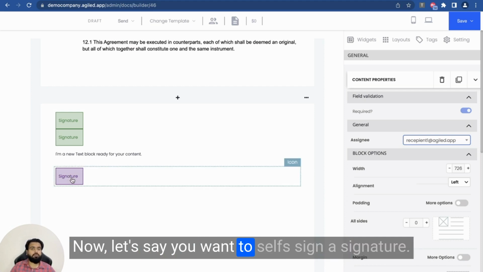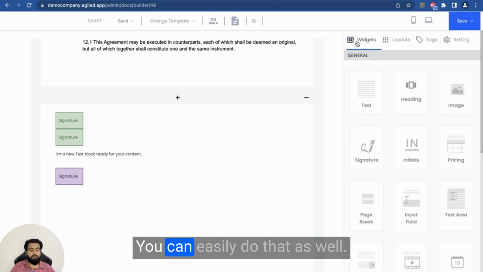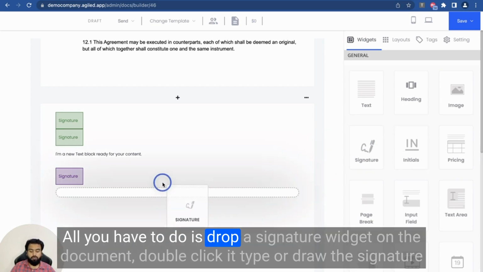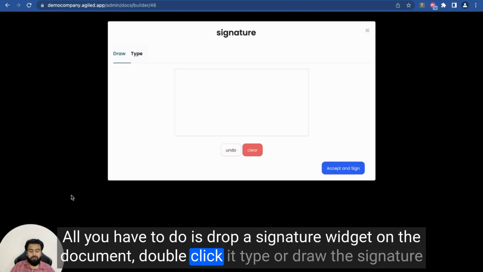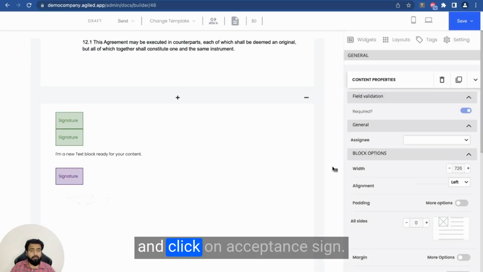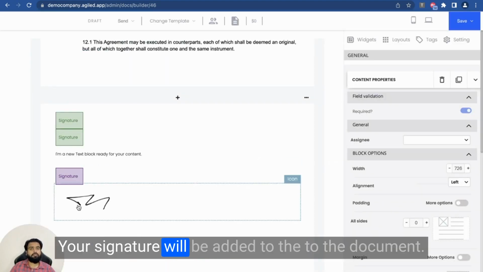Now let's say you want to self-sign a signature. You can easily do that as well. All you have to do is drop a signature widget on the document, double click it, type or draw the signature, and click on accept and sign. Your signature will be added to the